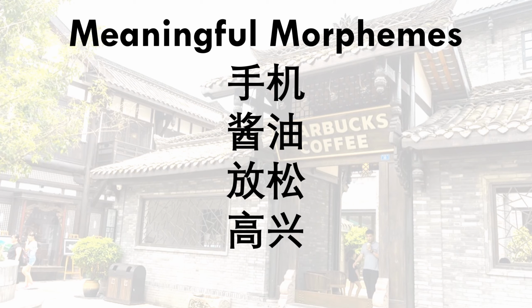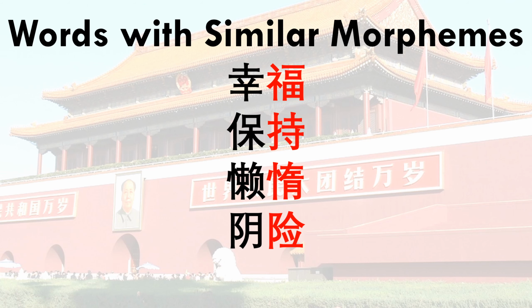Now, for words that do not follow that pattern, in other words, words with similar morphemes, where both parts of the word actually mean the same thing, so they're synonyms or near synonyms, and technically you could take one away and it basically means the same thing still, these words get de-stressed on their second syllable. 幸福, for instance, is the first one. It means happy, not like 高兴, but in a more content sort of way. Both parts kind of mean happy or lucky or luckiness, and they're synonyms. So 福, you should de-stress that.